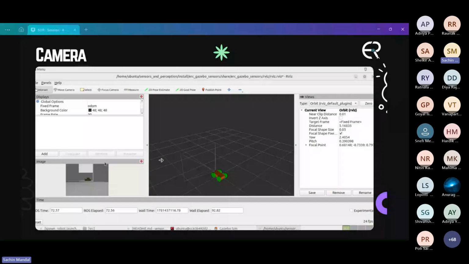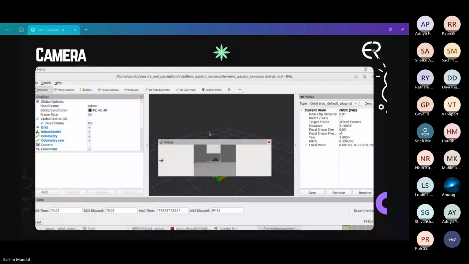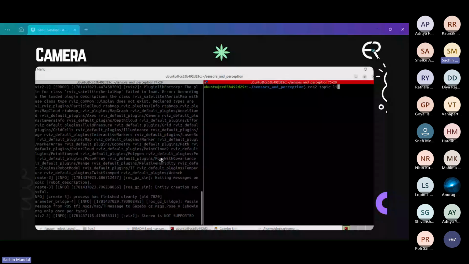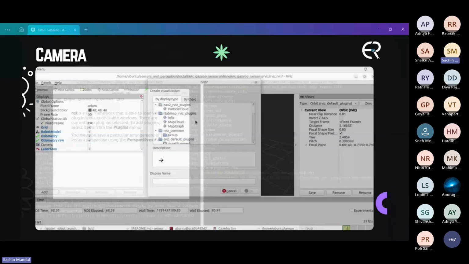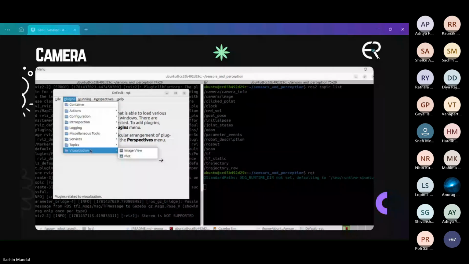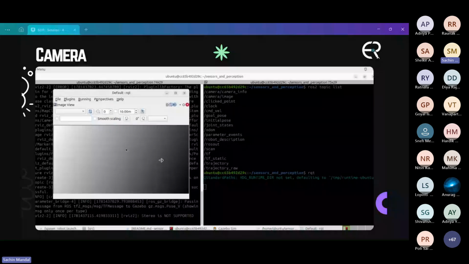And also we can see the nodes that we added, the camera image and the camera info node topics, by just running the ros2 topic list. Also, we can see the image stream using RQT. Just type RQT in another terminal, go to plugins, visualization, image, and then view. Then move the pod using the Gazebo GUI and you can see the image stream. As you can see, the pod moves.